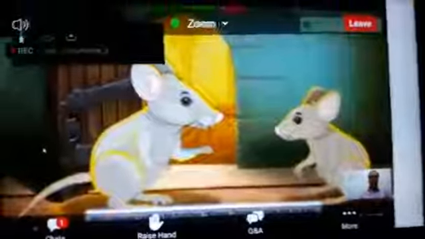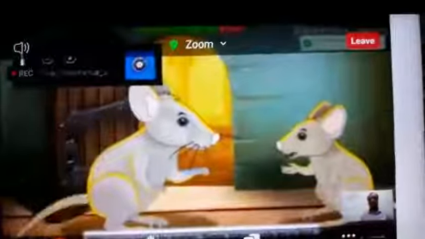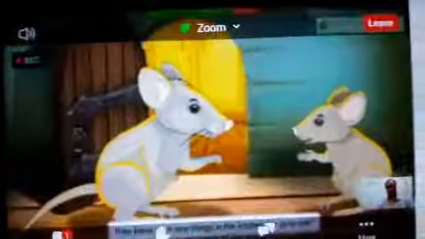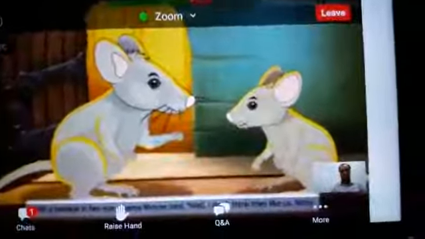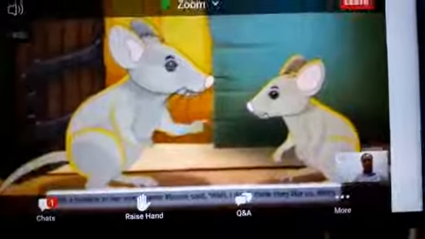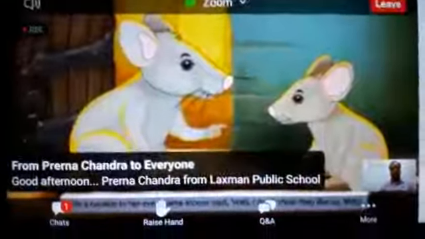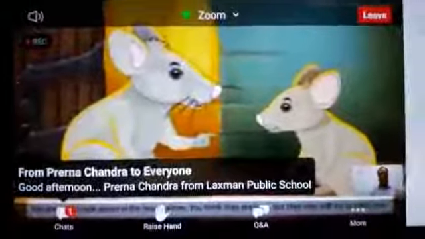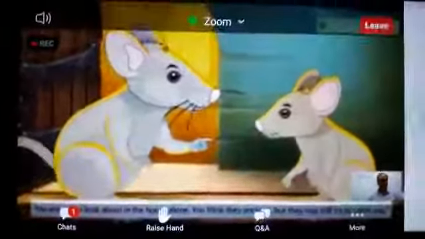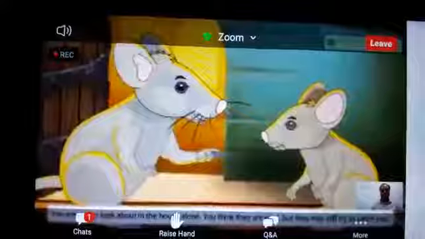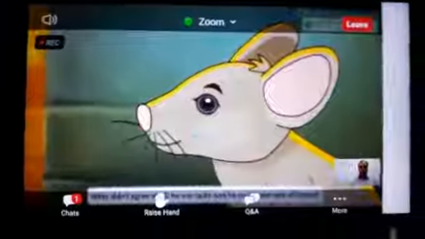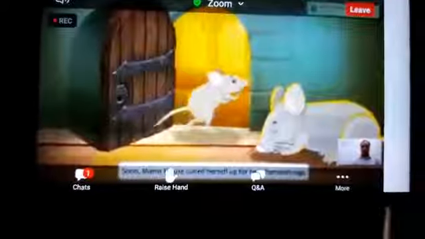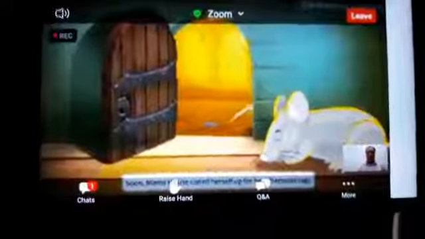Mama, these people are so kind. They leave such nice things in the kitchen for us to eat. With a twinkle in her eye, Mama Mouse said, "Well, I don't think they like us, Mitty. You are not to look about in the house alone. You think they are kind, but they may still try to catch you." Mitty didn't agree at all. He was quite sure he could take care of himself. Soon, Mama Mouse curled herself up for her afternoon nap.